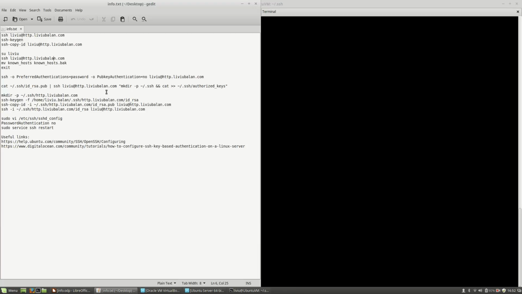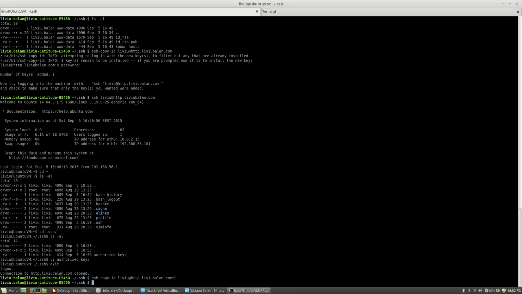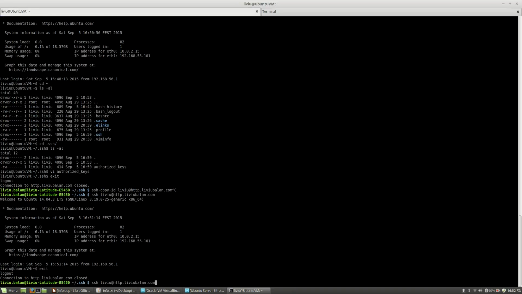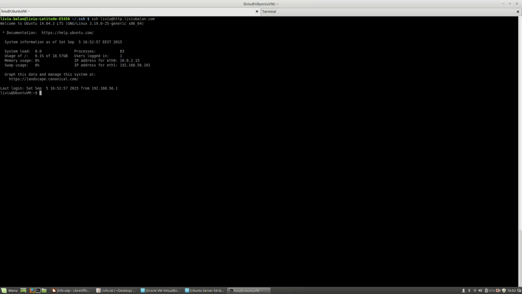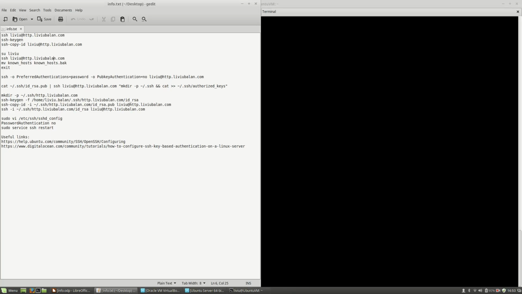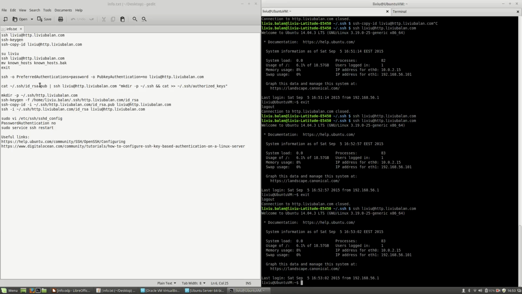Locally, I have my private key locally. I have my public key remotely. So what I have to do is to use SSH again, and as you can see, I'm not prompted to enter any password. I type SSH user at host and I log into my remote machine without entering any password. Okay,